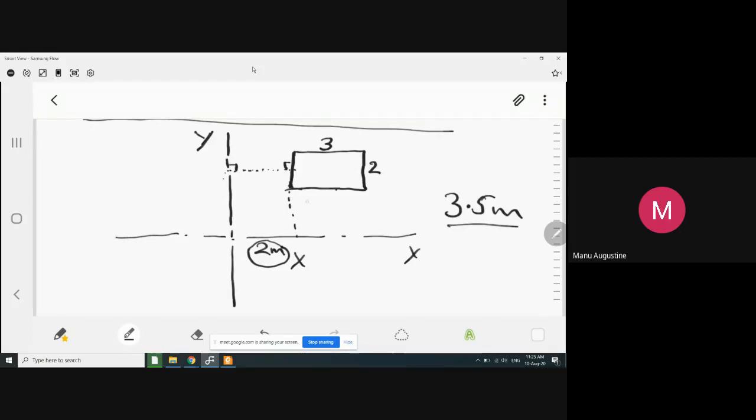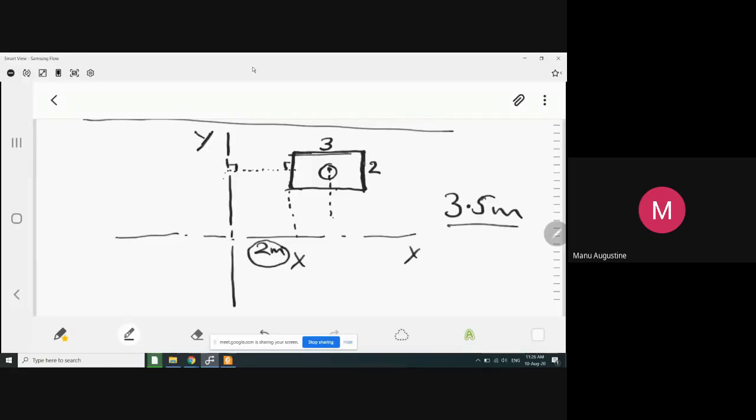But technically, according to the definition of distance of entities from any given axis, you have to first locate the centroid. So if I first locate the centroid of this rectangle, which I'm pretty sure all of you know is at the midpoint of the horizontal line as well as at the midpoint of the